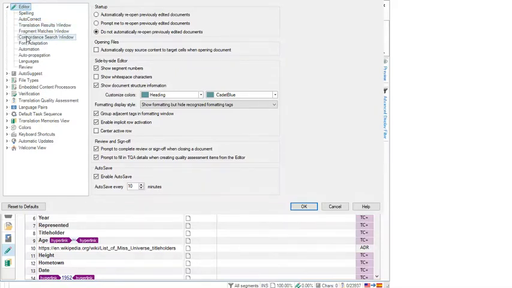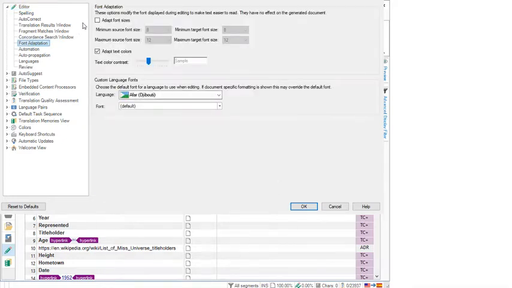Then in the editor we're going to see Font Adaptation, and we're going to enable this checkbox that's called Adapt Font Sizes. And in these 4 fields, we're going to choose all the same number. Let's say we choose 14, right? That's going to be the size of the font that we're going to use for all our text in the editor view, right? And that means that everything's going to look the same size, but they're going to preserve the